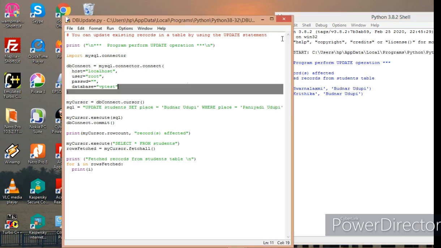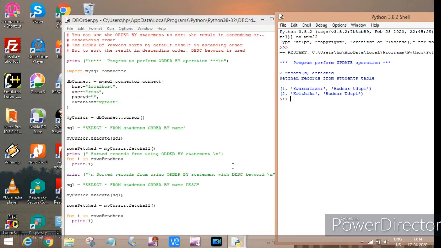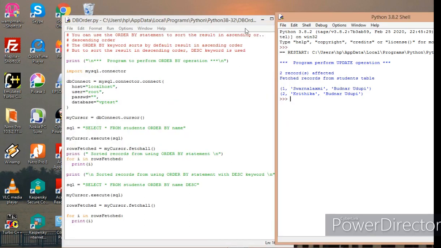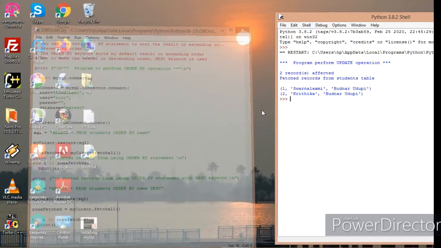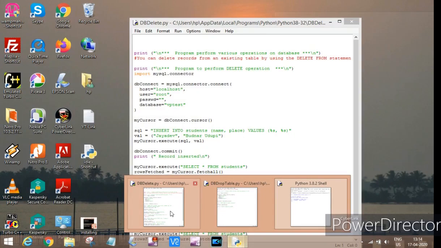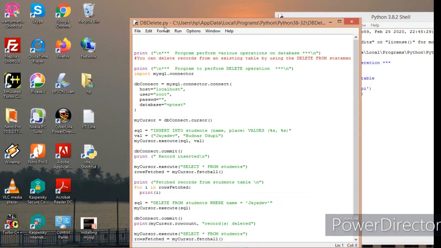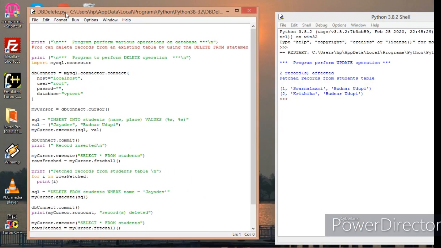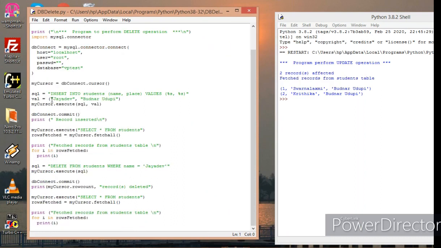Now let us look at one more program, that is to delete a record. Let's look at the program to delete the record. Here, for the purpose of deleting, I have inserted one more record with the name Jaydev and the place Budna Udupi.